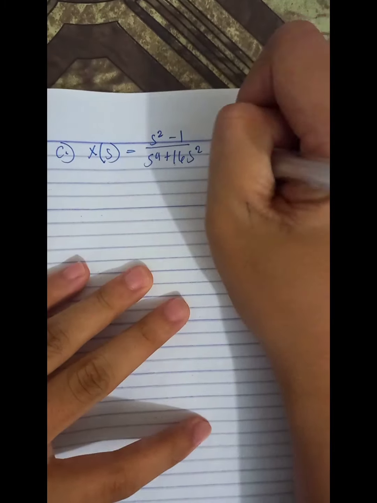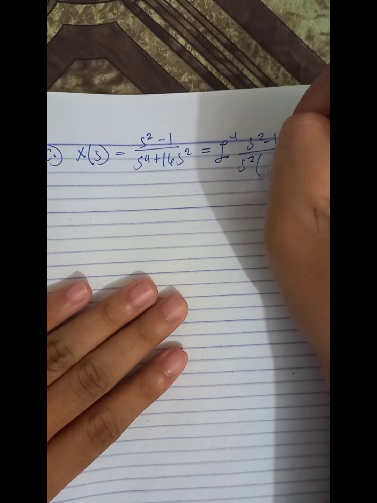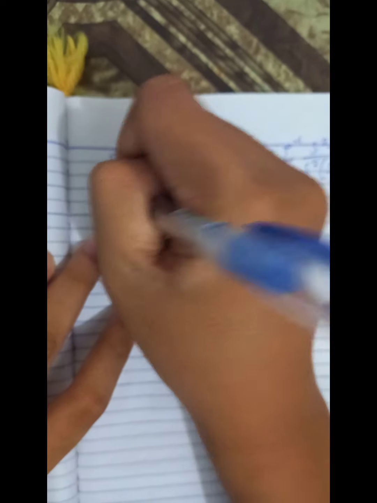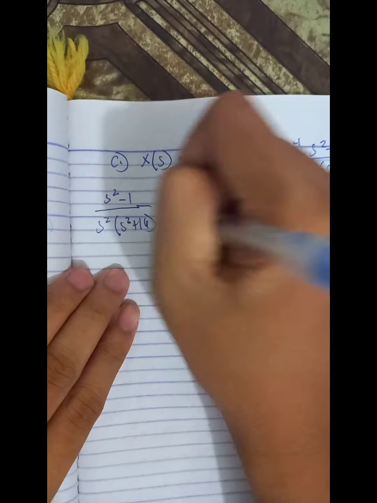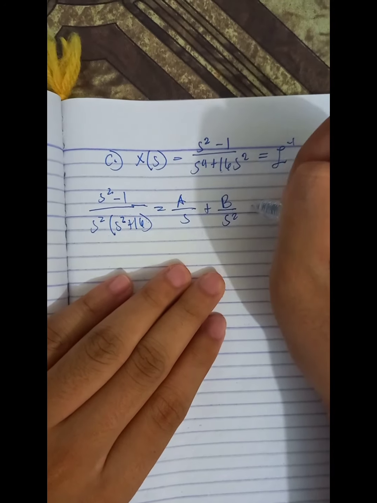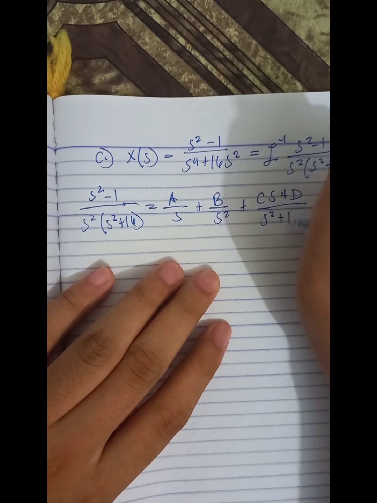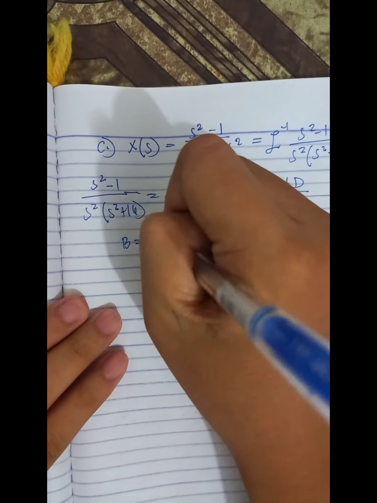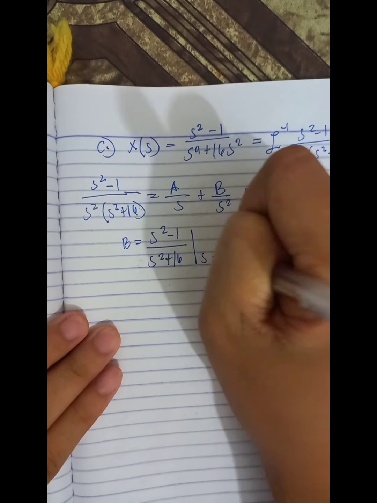So we have letter C, which is X of s equals s squared minus 1 over s to the 4th plus 16s squared. So we have to get the inverse Laplace transform using partial fraction. We have to get the value of A, B, C, and D. I think this is the repeated quadratic factors. Also get the value of B,